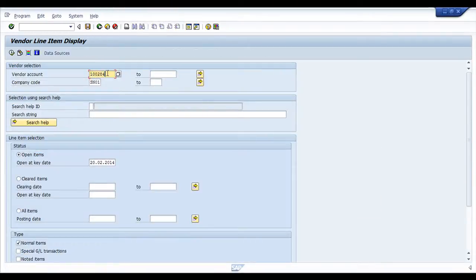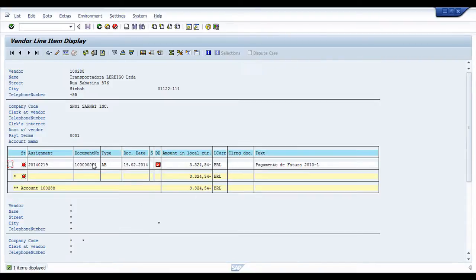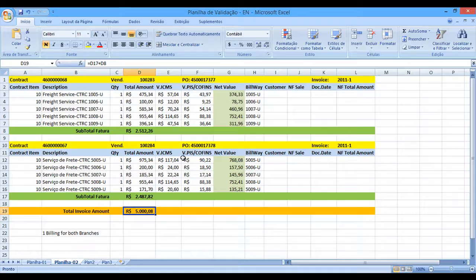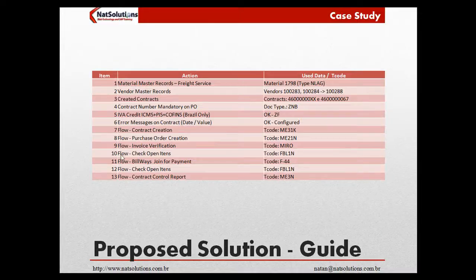Before that, let's just check if we have open items. I have one open item over here. So I'm showing right now because when we finish the payment for this vendor, we will have another open item here. This one I created yesterday when I was recording the Portuguese version. All right. So we have already checked the open items, and now we are going to perform the waybills join